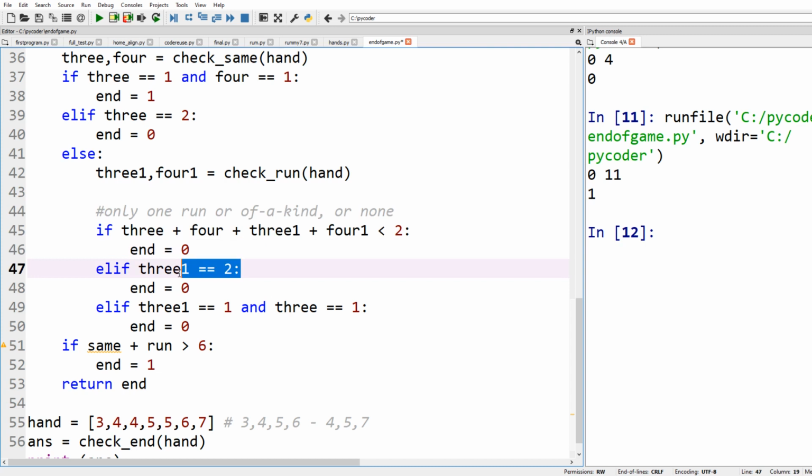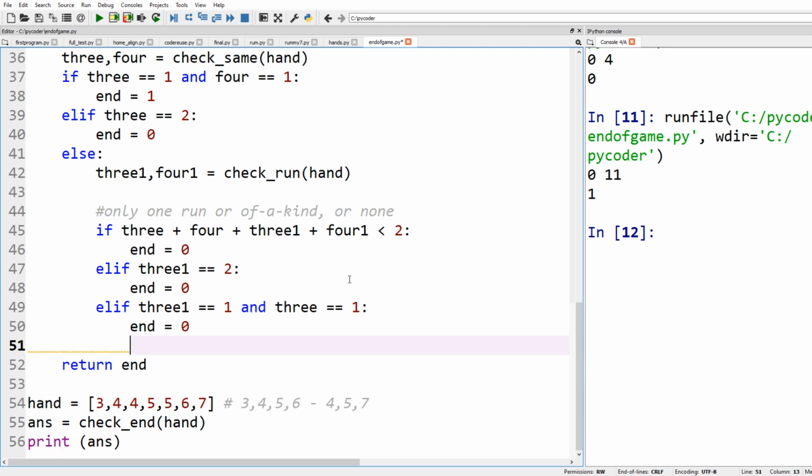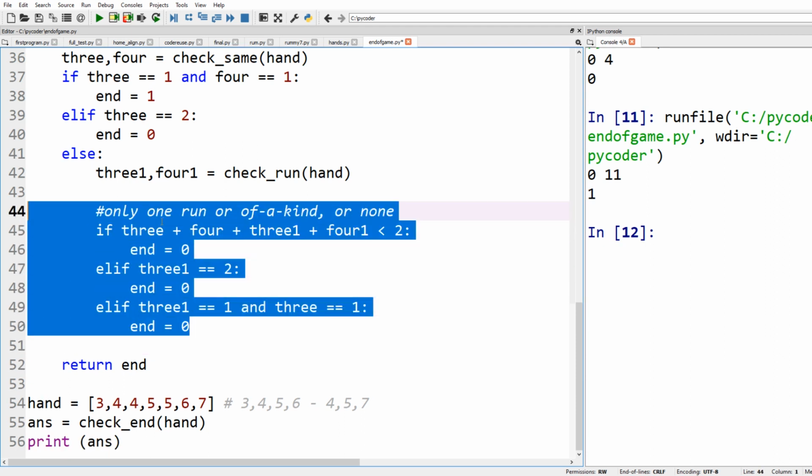So we add pieces of code for each type: 3 of a kind, 4 of a kind, and the possibilities of 3 and 4 of a kind merged together. So we're just showing you how we added the code,